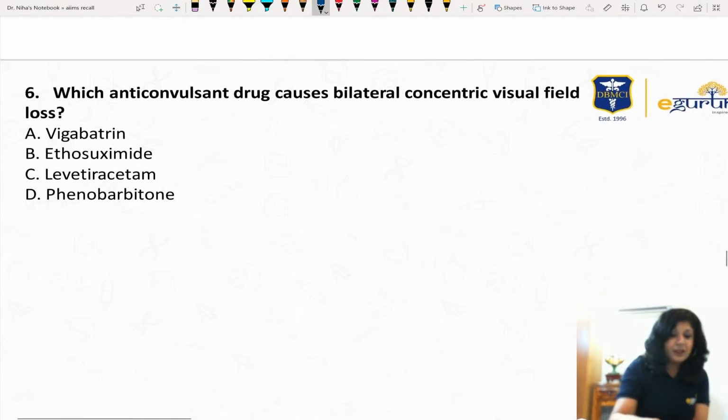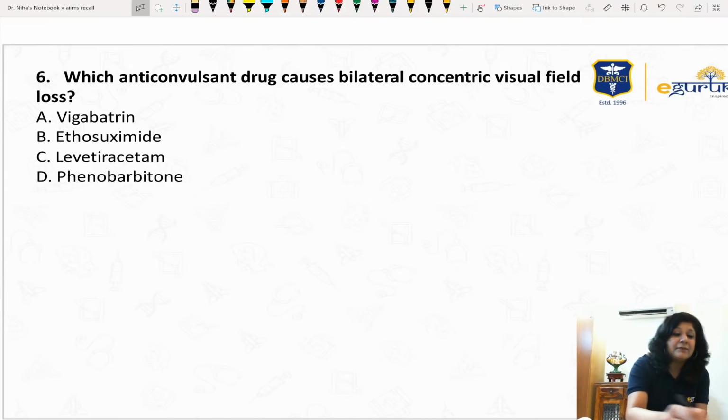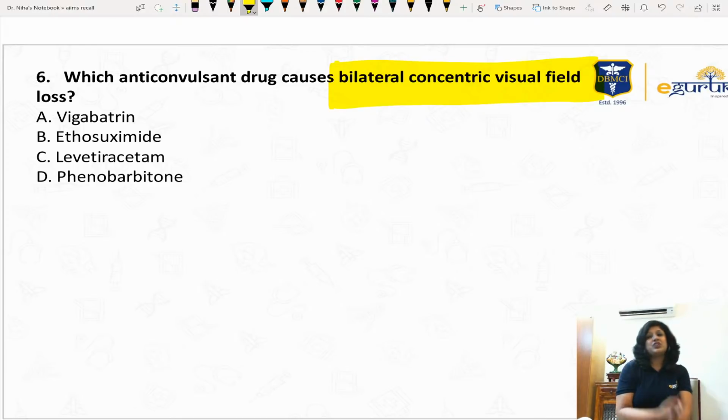Yeah. Now another question. If you remember, last time also they had asked a drug, that is topiramate, that was causing the glaucoma. So nowadays they are asking more and more questions on the side effects which are causing the ocular complications. Somehow these AIIMS people, I think because of the RP center, they are more and more concerned about the ophthalmic and ocular complications of the drugs. So let us see what they have asked this time. Anticonvulsant drug which causes bilateral constriction of the visual field. Bilateral constriction of the visual field.